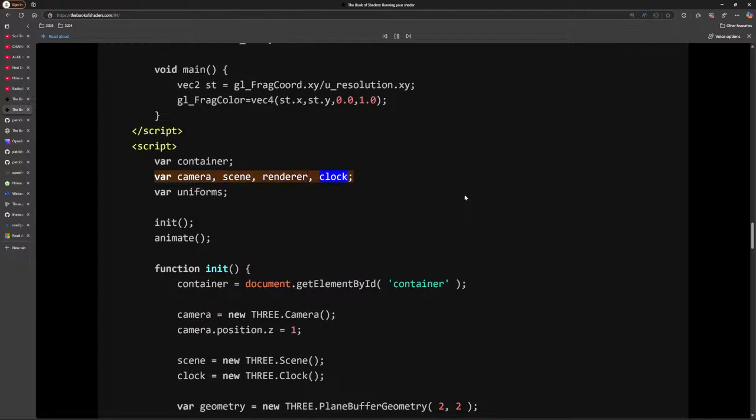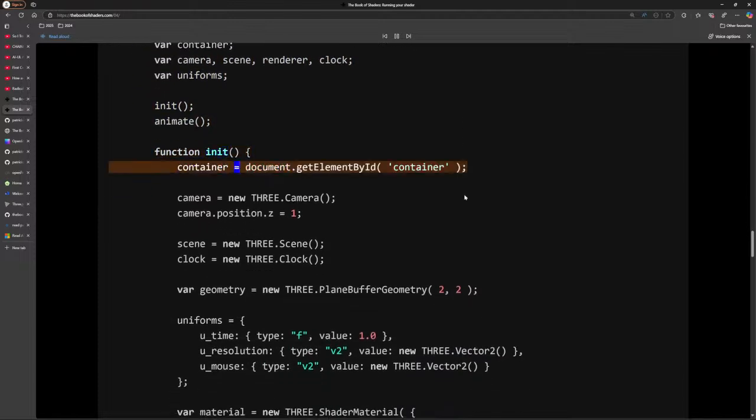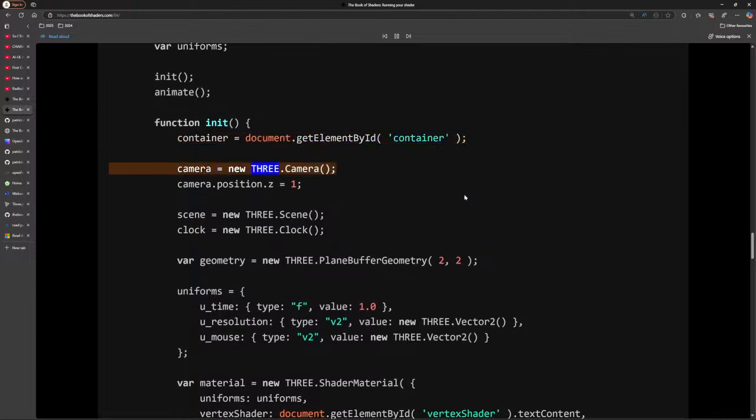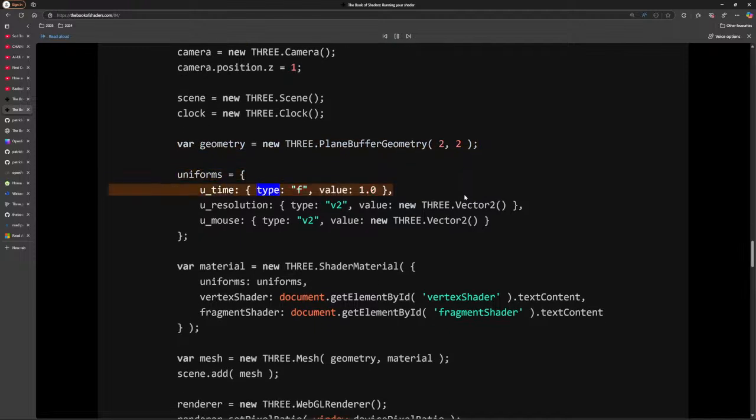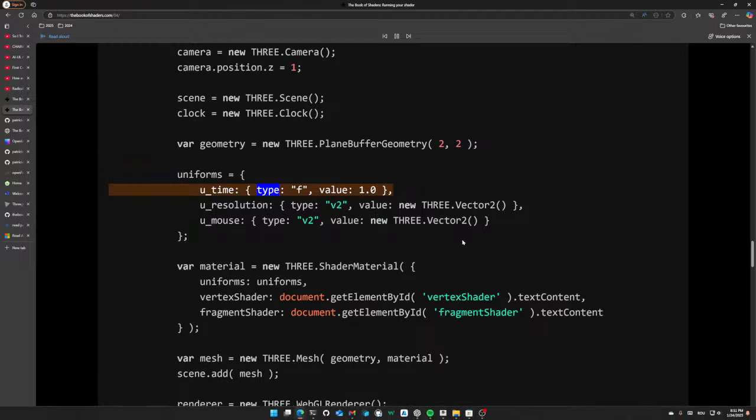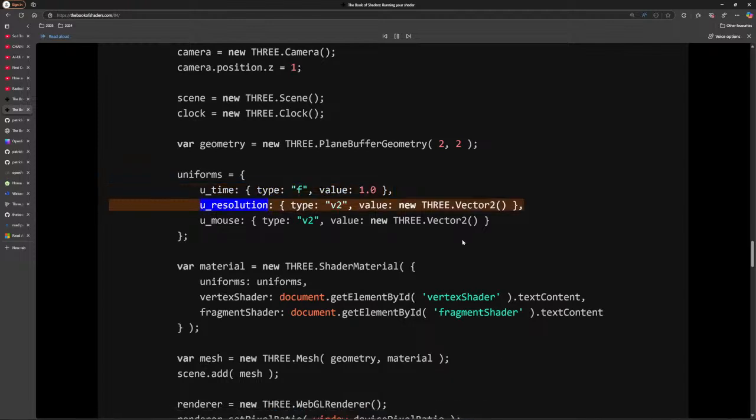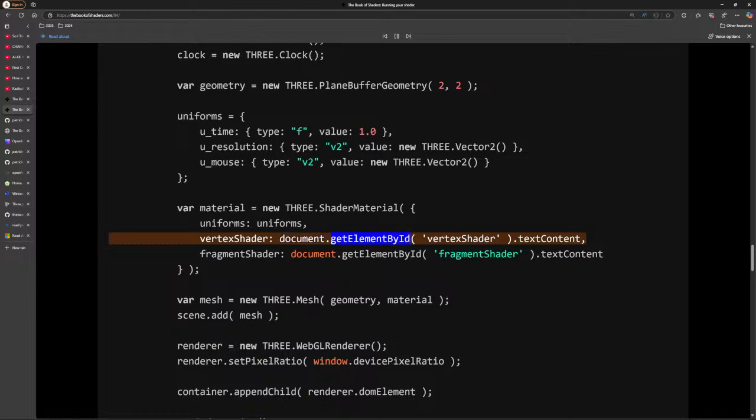var uniforms; init(); animate(); function init() { container = document.getElementById('container'); camera = new THREE.Camera(); camera.position.z = 1; scene = new THREE.Scene(); clock = new THREE.Clock(); var geometry = new THREE.PlaneBufferGeometry(2, 2); uniforms = { u_time: { type: "f", value: 1.0 }, u_resolution: { type: "v2", value: new THREE.Vector2() }, u_mouse: { type: "v2", value: new THREE.Vector2() } }; var material = new THREE.ShaderMaterial({ uniforms: uniforms, vertexShader: document.getElementById('vertexShader').textContent, fragmentShader: document.getElementById('fragmentShader').textContent });